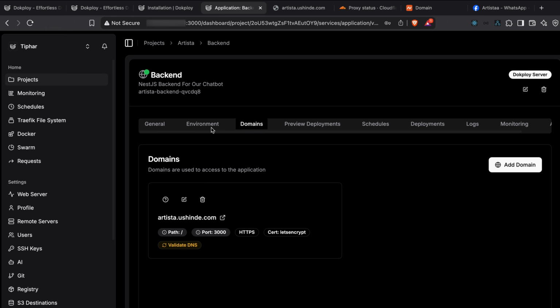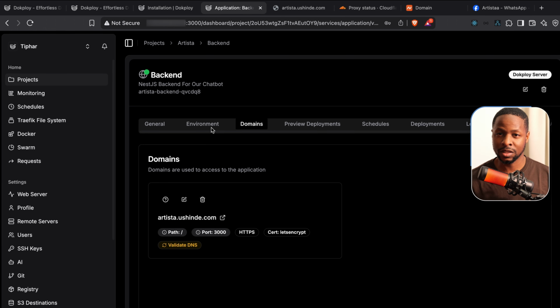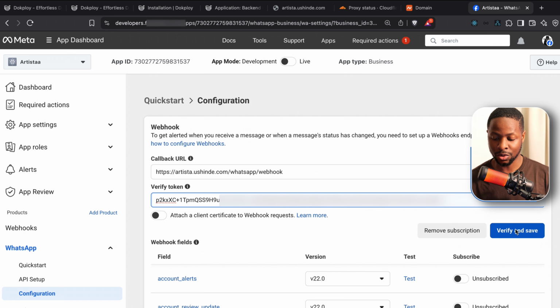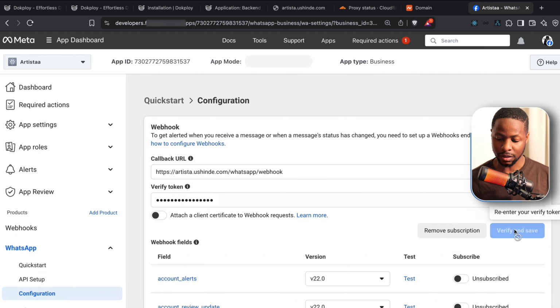We've already defined it as part of our environment file. We did a deep dive in the first video of this series, so check it out. Let's go to environment, copy Cloud API verification token, put it here. And when we click on verify and save, WhatsApp is going to send a request to our endpoint, which contains this verification token. The token that we put here is supposed to match the token that we saved in our environment. Verify and save. And now our application can start receiving messages via WhatsApp.